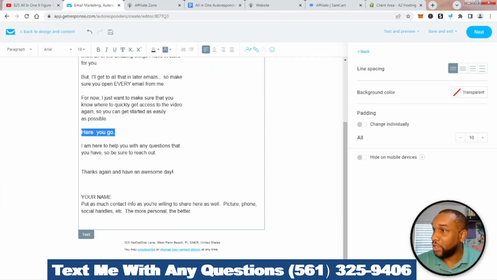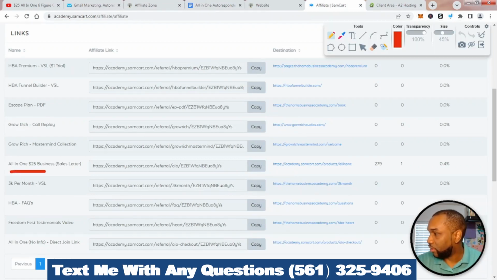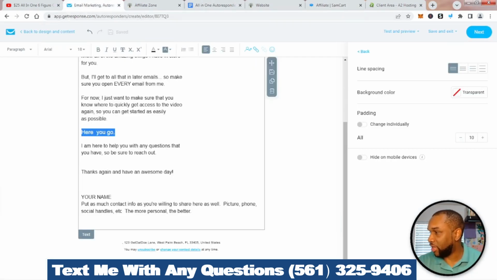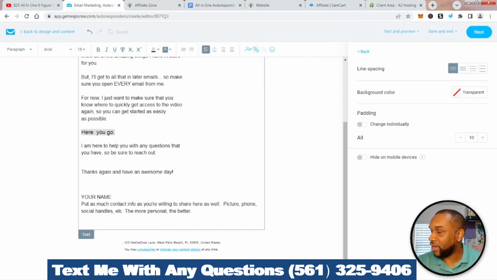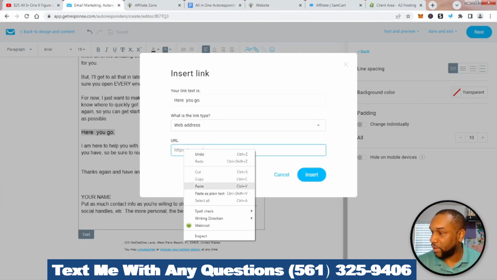Now we're going to head over to our SAM card. Where is it? Here it is. We're going to copy the link, and remember, make sure you're using the right one. That's the one we want to use right there. Head back over to GetResponse. I've already highlighted the text I want to use. Now click here, right next to the little man. We click there, and this is where we put our URL, our affiliate links. Paste that link